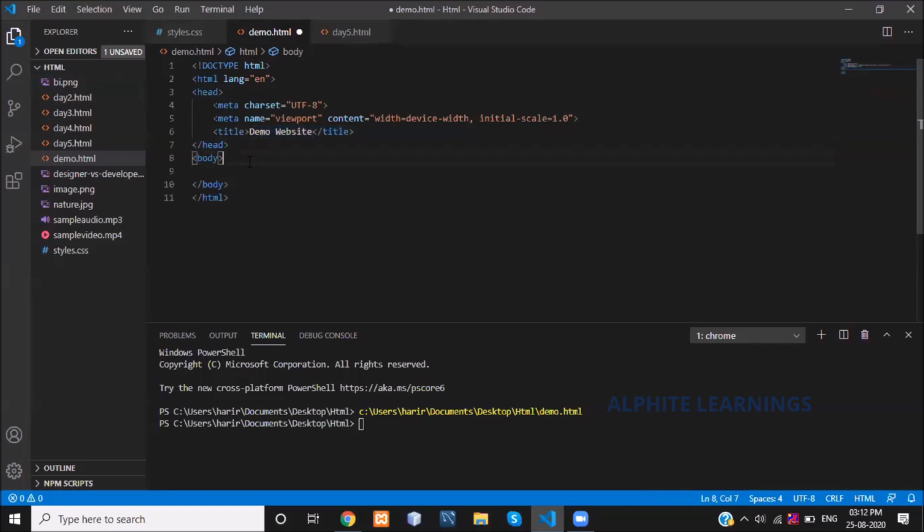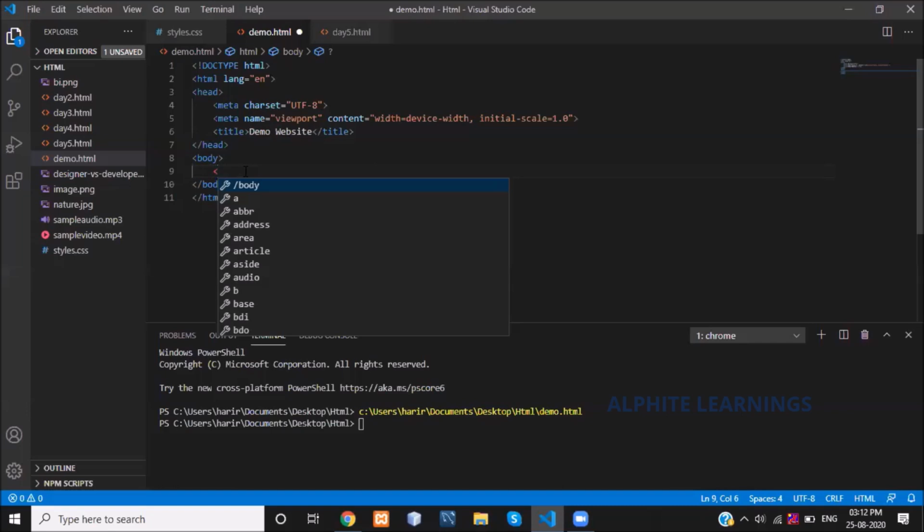Now I'm coming to the body of my HTML. First, I'm going to give a background image to my web page.